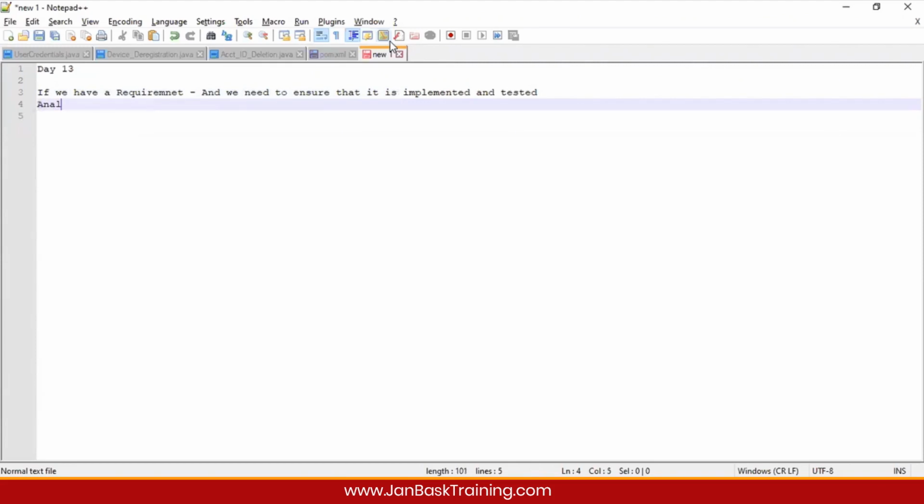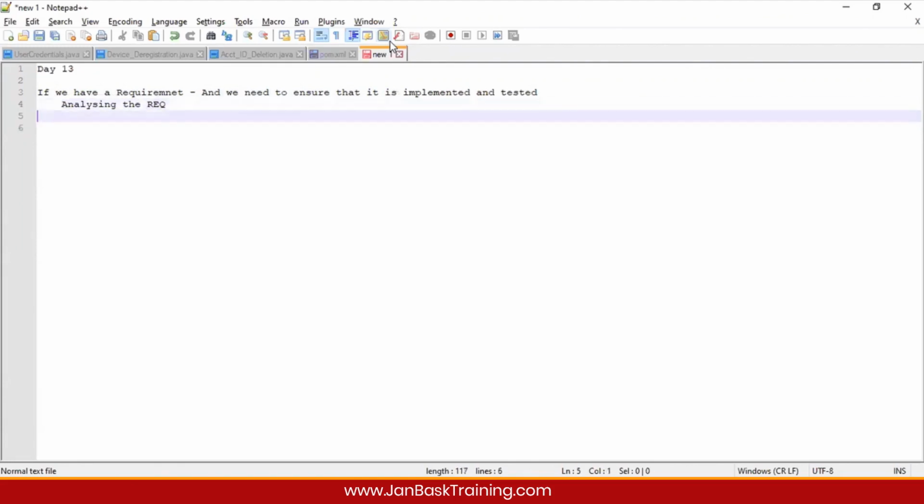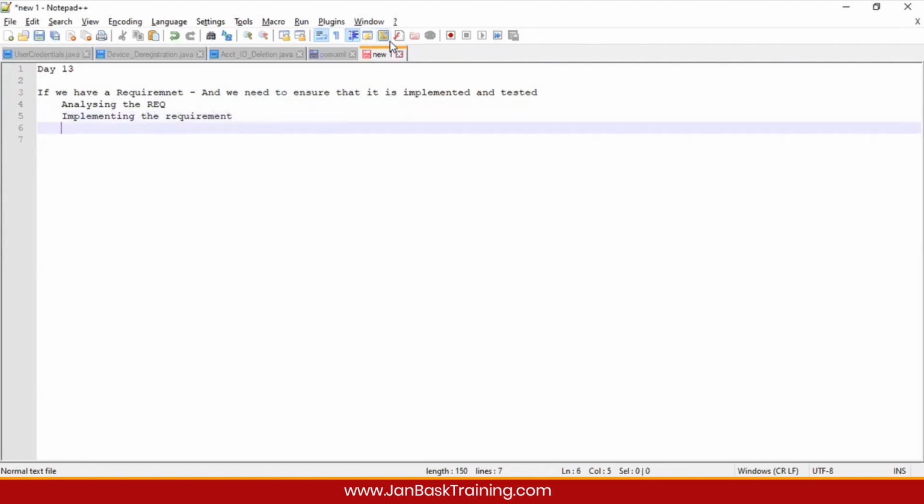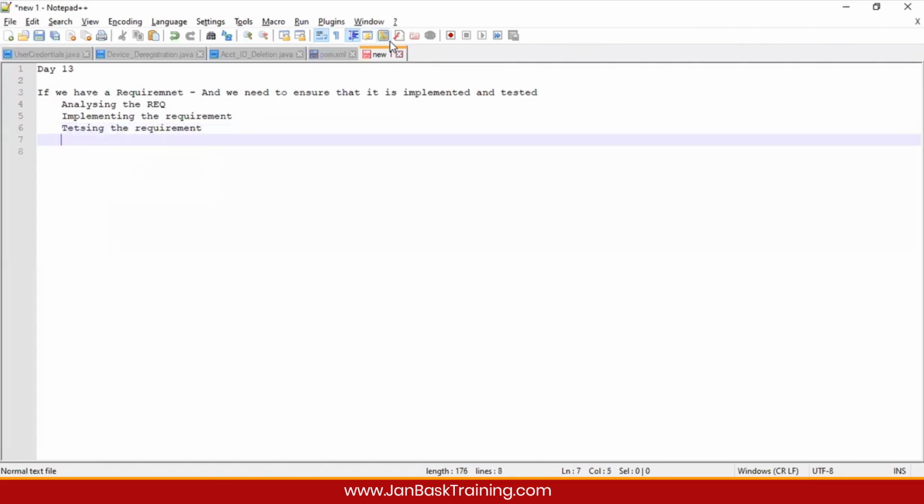First we analyze the requirement, then we implement it. Once it's done, it will go for testing. It might happen that once I'm in the testing phase, a defect is opened. Then the whole defect life cycle will happen over here.